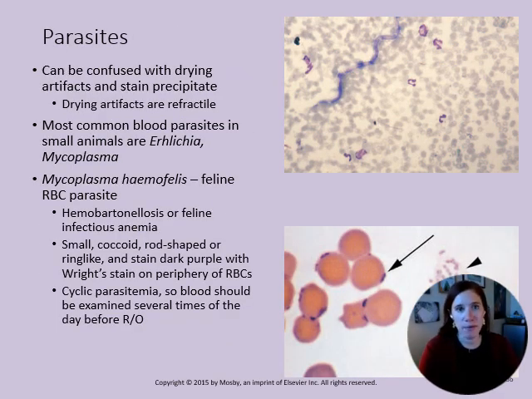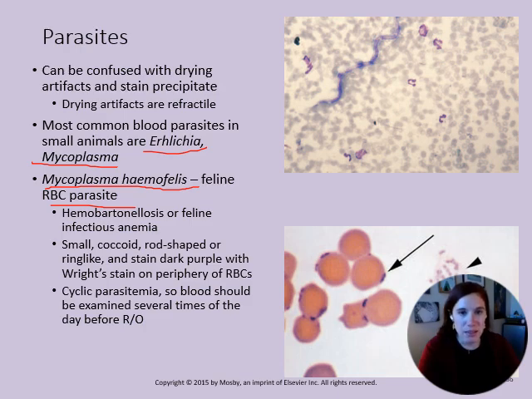Parasites, my favorite. They can be confused with drying artifacts and stain precipitation. Drying artifacts can be refractile, so we have to know what we're looking at. History helps too. The most common blood parasites in small animals are going to be Ehrlichia as well as Mycoplasma. Mycoplasma haemophilus, or feline red blood cell parasite,